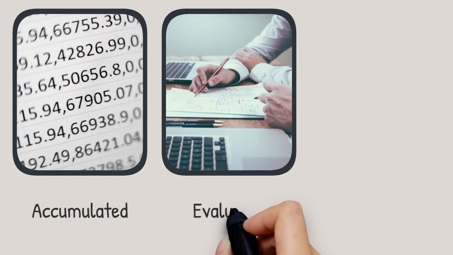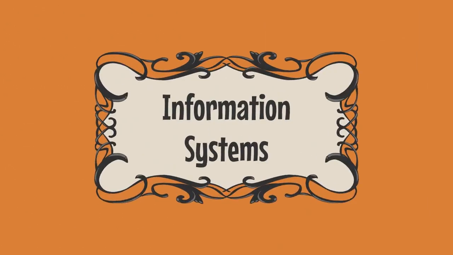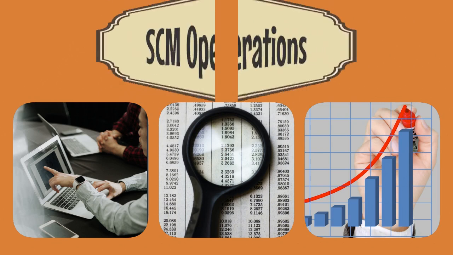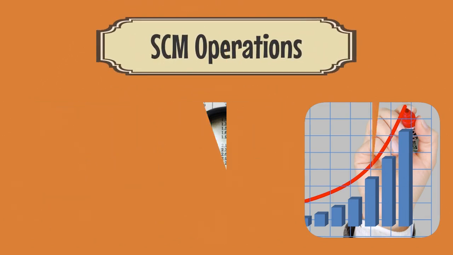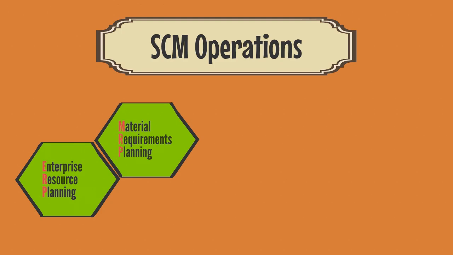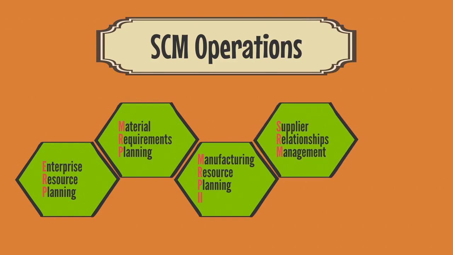Supply chain managers require data that can be accumulated, evaluated, and presented as meaningful information to inform choices. There are a lot of information systems that are used to manage, monitor, and improve the supply chain management (SCM) operations. These include Enterprise Resource Planning (ERP), Material Requirements Planning (MRP), Manufacturing Resource Planning (MRP2), Supplier Relationships Management (SRM), and